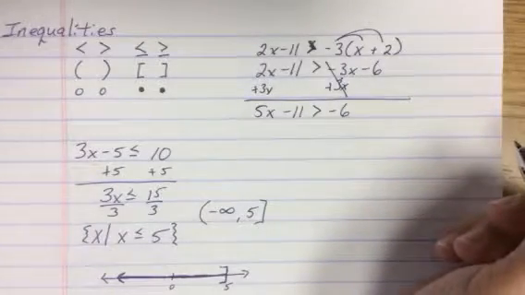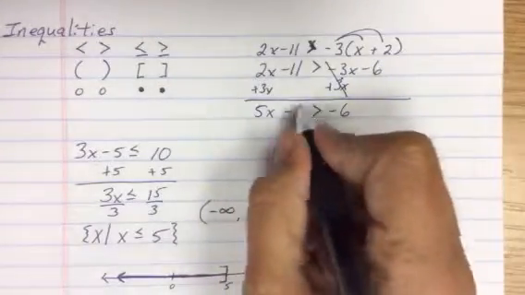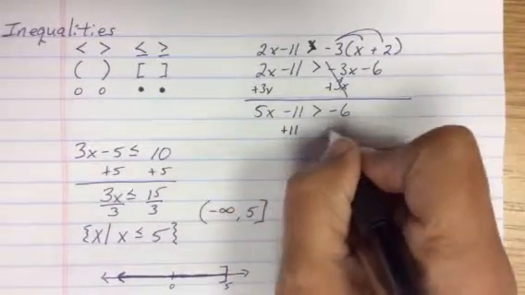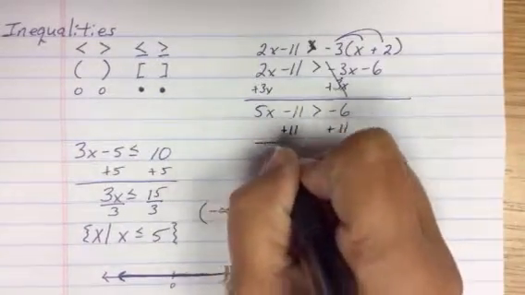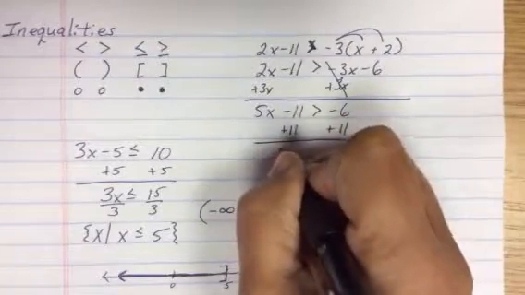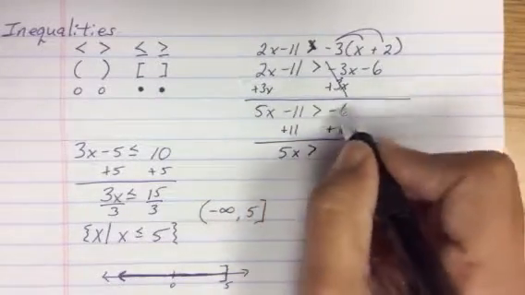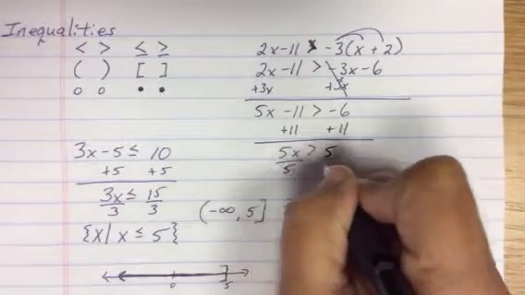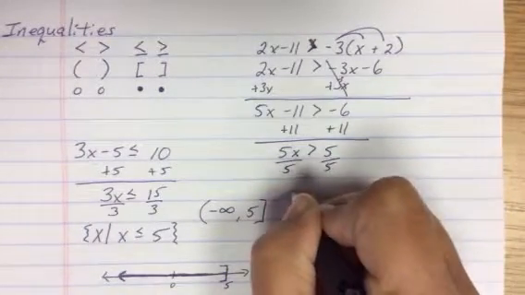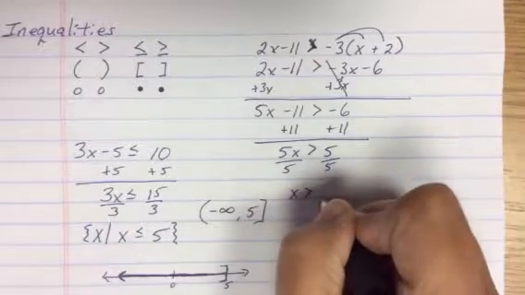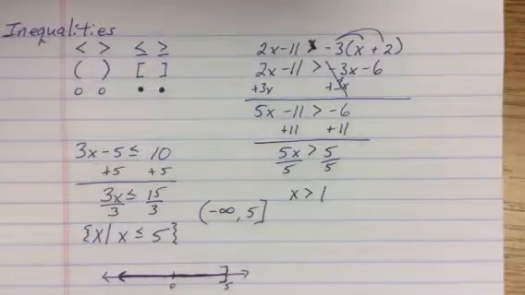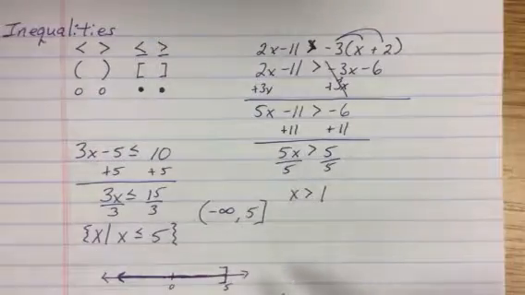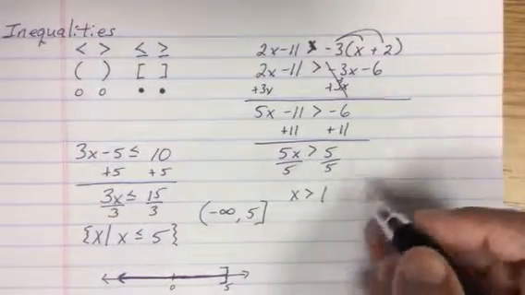All right, step 4 is a move a constant. I have a constant on either side. They need to go to the right. So I add 11 to both sides. -6 plus 11 gives me 5. Last step is a divide. I divide by 5. But this time I do not change directions. And the reason being is I did not divide by a negative. Okay? So